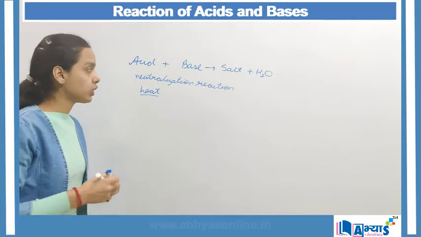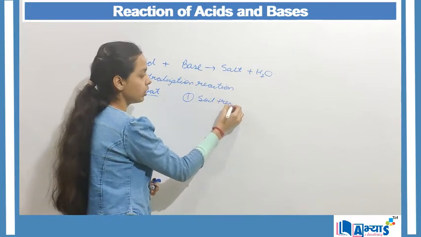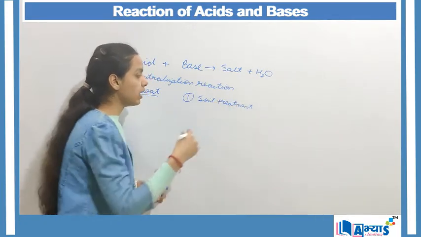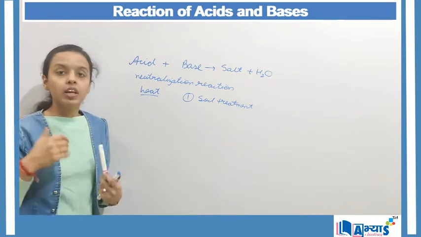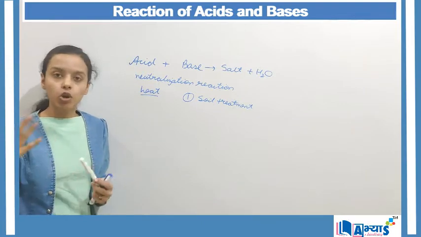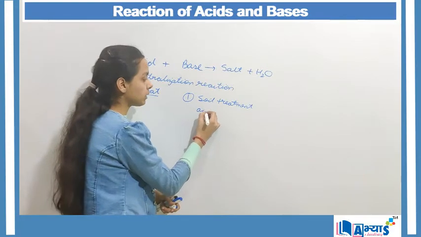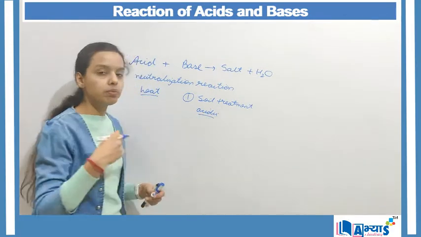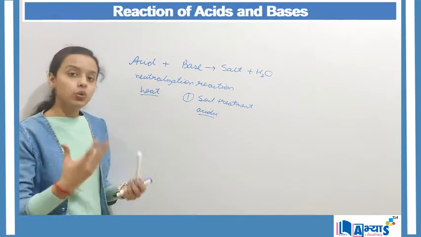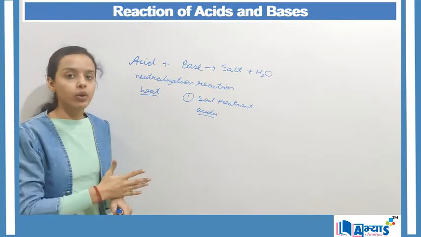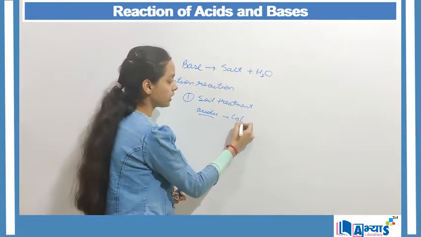The first application of such a reaction is in soil treatment. When we are growing crops on the field, the crops require a lot of minerals from the soil. When the minerals are released from the soil to the plants, the soil may become acidic. When the soil has become acidic, it is not good for the plant and good quality crops will not be grown on that soil. So as to reduce this effect of acidic soil, we apply a base, and that base is generally calcium hydroxide.